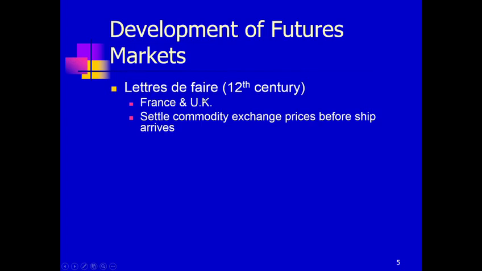Basically what these letters of offer were, if I decided to, for example, offer one, I would be a ship merchant. And France and the United Kingdom were usually at war with each other, one stage or another. So, for example, I might say I've got two ships that are going across to France from England, and they're raiding the villages, capturing as much gold and valuables as they can, shipping it back to London, and then I'm offering you the value of the contents of my ship, the loot, right? What we'll be able to capture.